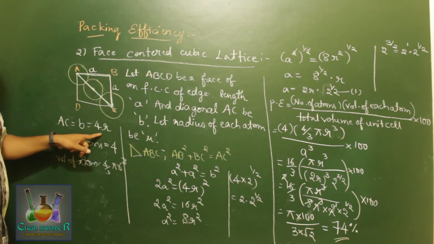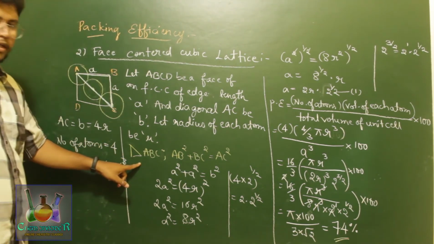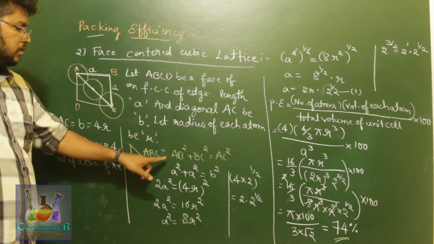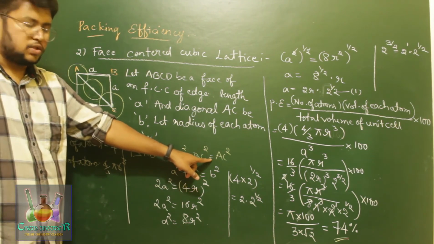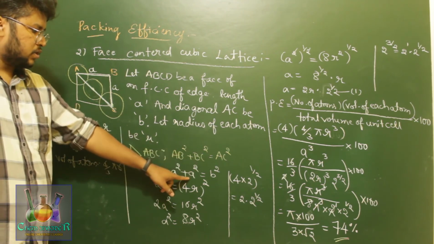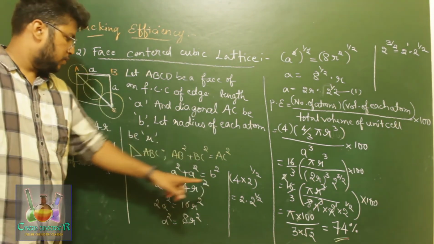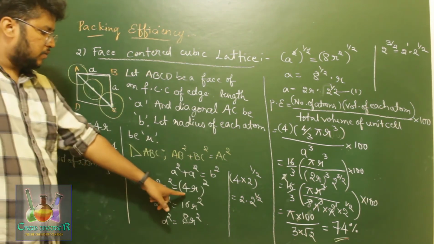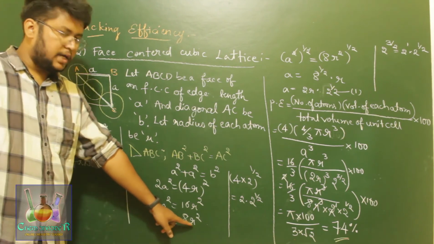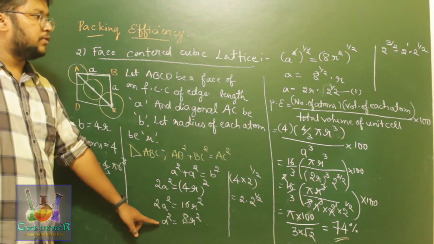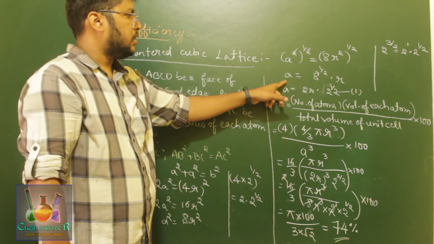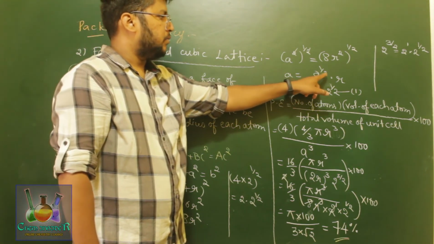That gives us 4R. And substituting that value in the equation of Pythagoras theorem for the triangle ABC, AB square plus BC square will be equal to AC square. Substituting those values, AB is A square, BC square is A square and AC square will be B square. But we know the value for B here. Substituting that we get 16R square, and simplifying that equation we get A square is equal to 8R square. On taking the power 1 by 2 on both sides, the square gets cancelled for the A square. That leaves us A is equal to 8 to the power 1 by 2 into R.